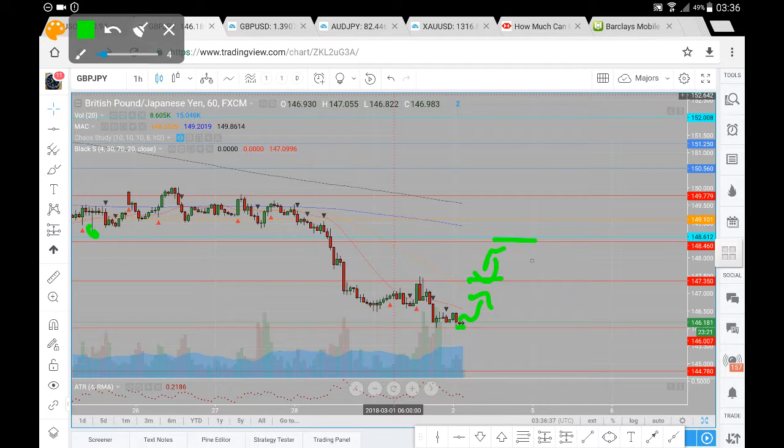But I can't anticipate prices moving much beyond the 148.46 to the upside. If, however, we were to head up towards this 147.35, find resistance again, we're looking at price heading down towards our 146 level. If, however, we are not able to see a retracement that strong, if what we do see is a shallow retracement and a break of this 146 level, the very next level that we are looking at in this market is in around the